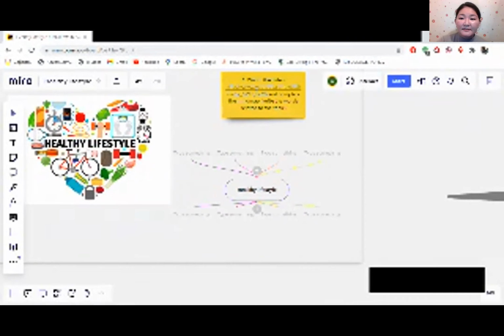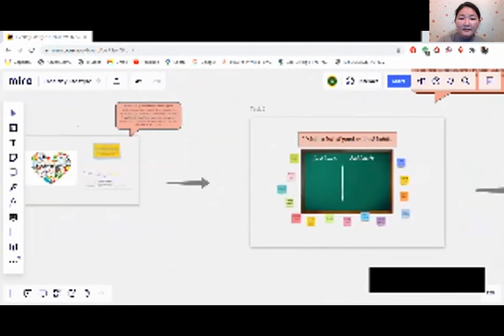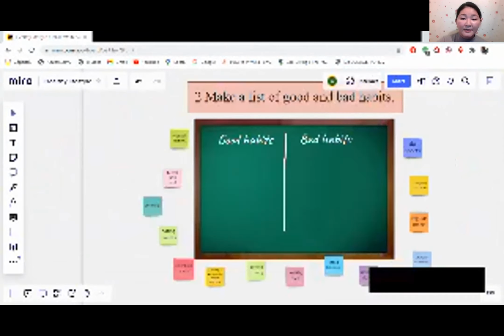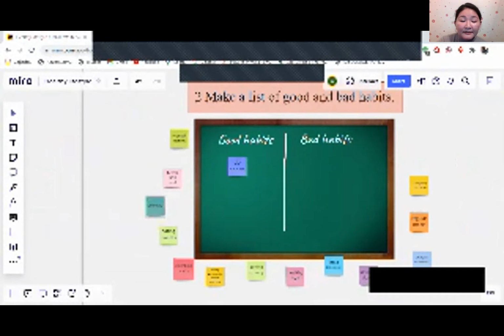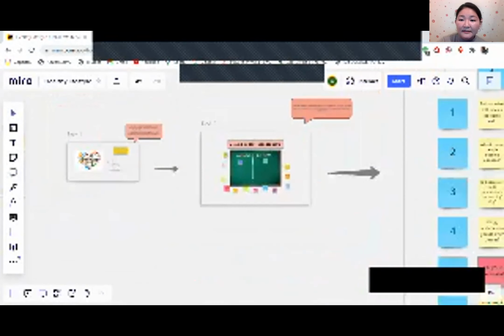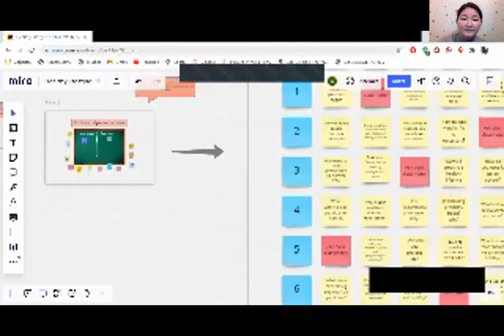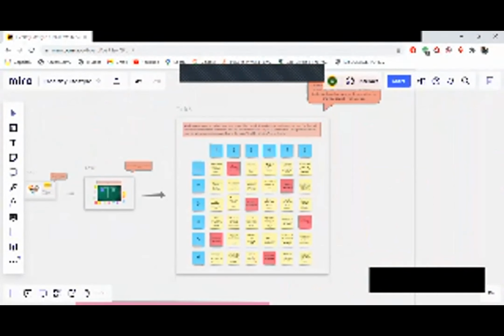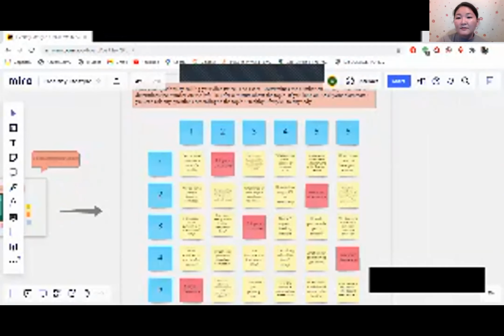The next activity is like this. Students should decide if these activities are good habits or bad habits. They just stick the notes in the correct column. And these 2 activities smoothly lead to the main, let's say, the dessert of our activities. Here it is, the speaking activity. Here we also use an online dice roller.